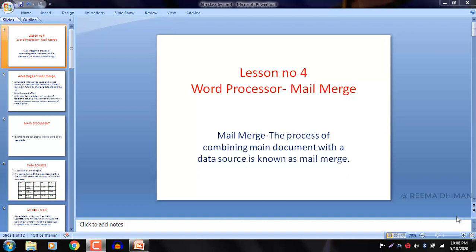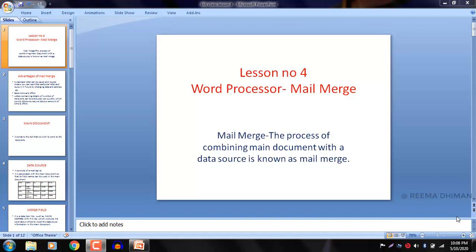These people can be your friends, business partners, customers, officers, relatives, etc. You want to send that particular letter to the number of people with their name, address, and with the standard information. This thing can be easily possible by mail merge command.